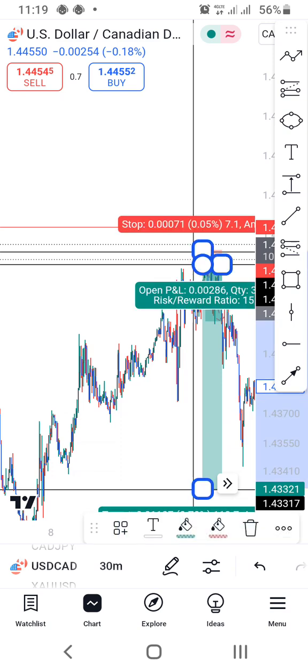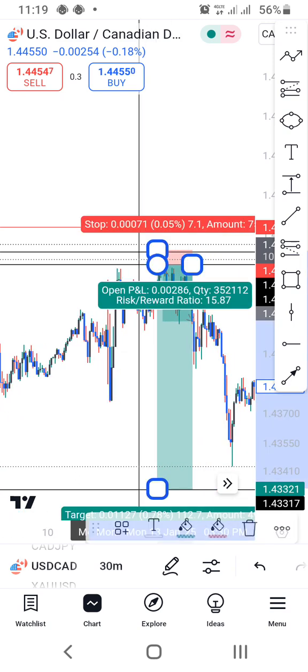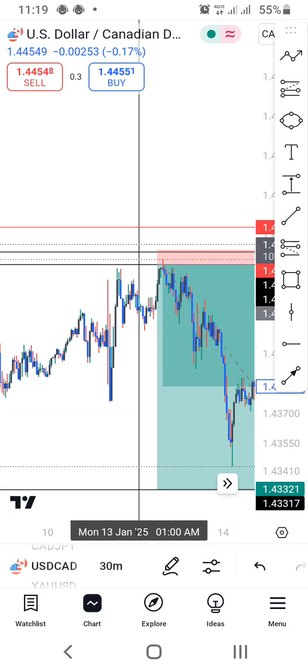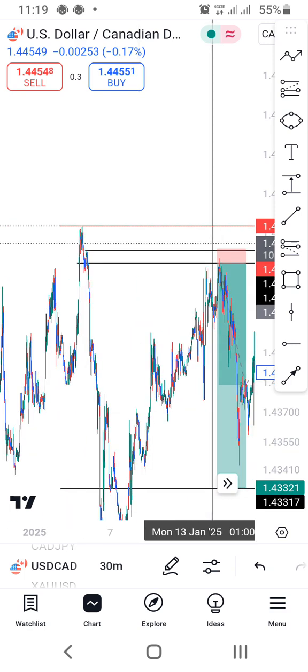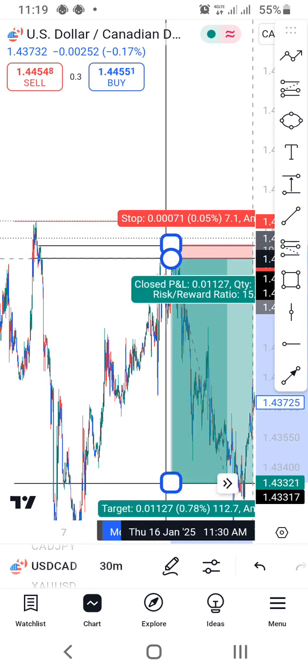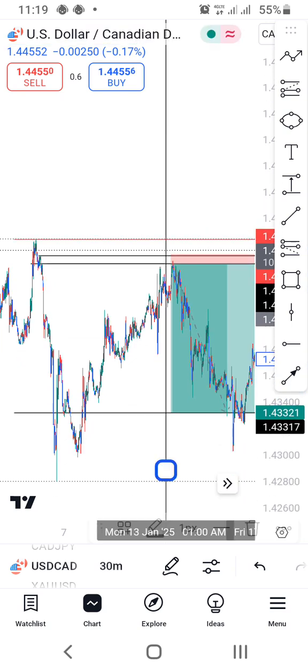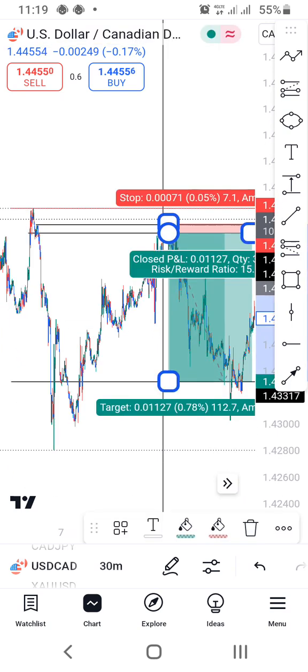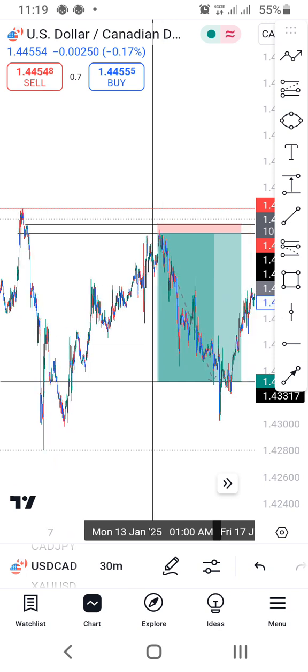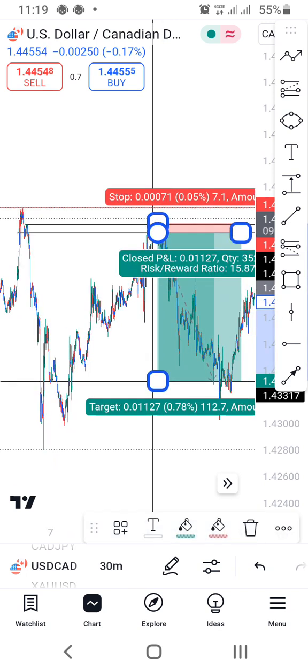Okay, how did the market react? Did it sweep the level or did it refuse? Let me see. Wow, it shifted downside. Super move, as I told you. We get snipers here. The pips, the risk to reward, superb. 7 pips of the stop loss above and 112.7 pips below of the TP. Risk to reward 15.87. Wow,